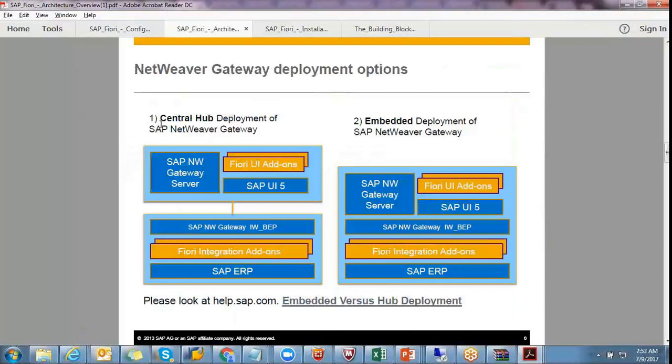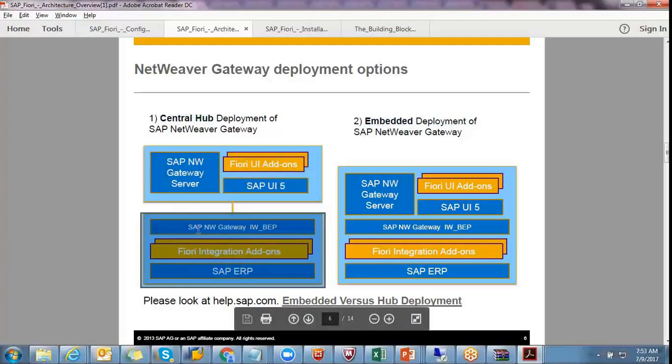Already we discussed there are two types of deployment: central hub and embedded deployment. In central hub, the front-end system is separate and the back-end system is separate. Some components are installed in the back-end system, and some components are installed in the front-end system.